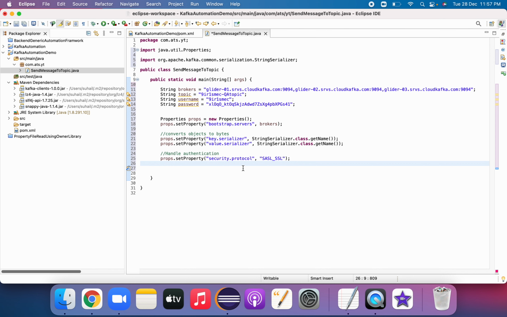Another property, props.setProperty: what is the mechanism of this SASL? That we have to mention.